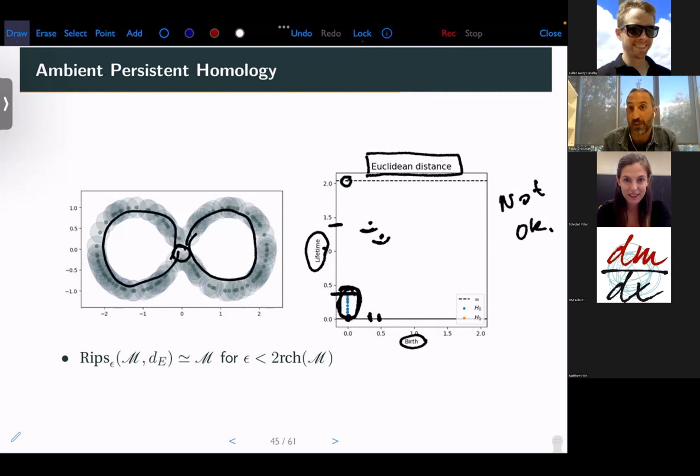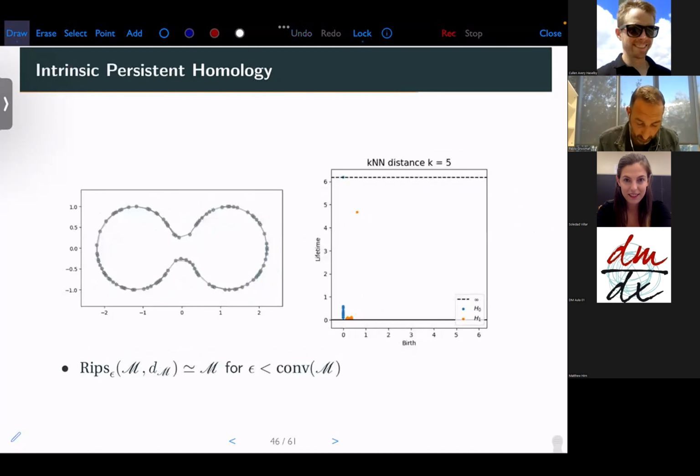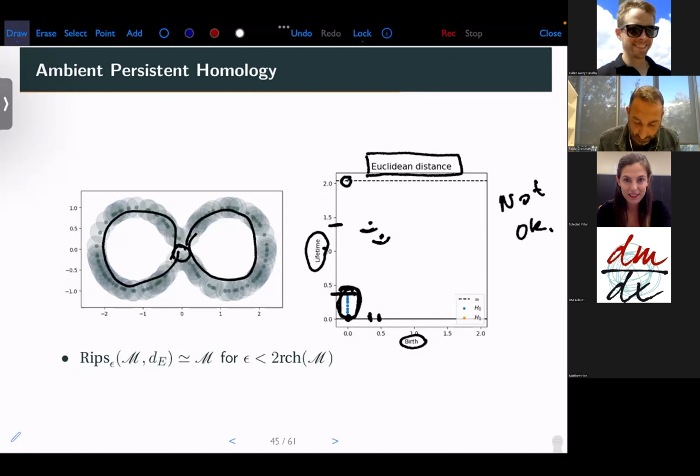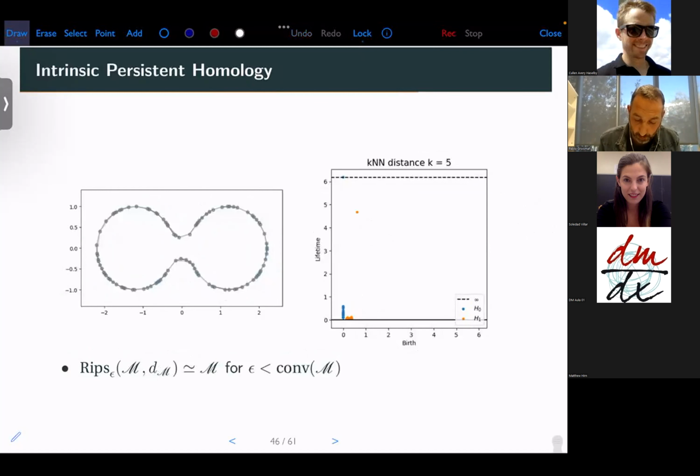That is a distance that is on the manifold instead of being on the space. And we can see that when we do that, we can get persistent diagrams in which topological features that you want to stay persist for much larger times. Okay, so this is the persistence diagram when you do the Euclidean distance, and when you do